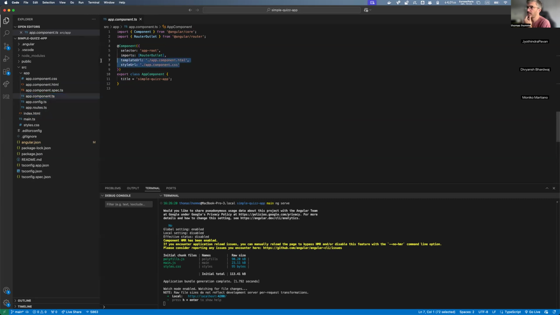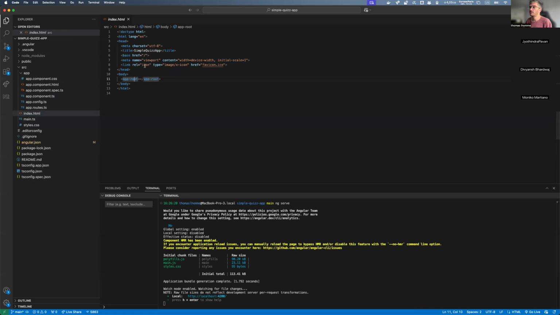We can see that in the component annotation here, we have templateUrl and styleUrl, right? Those two elements are just those two files. We just say, hey, I'm a component and I need those two files to work. That's what we're saying here. But we have something more interesting here, which is the selector. Basically, app-root is exactly what you can see in your index.html here, right?